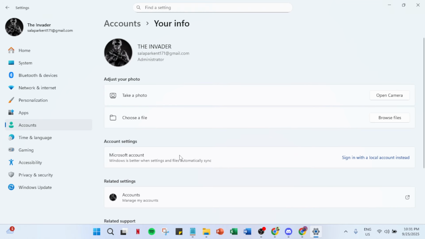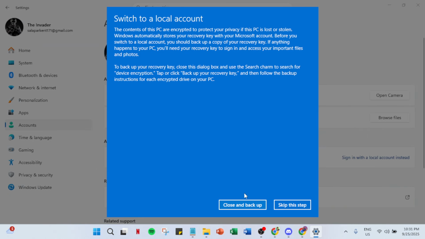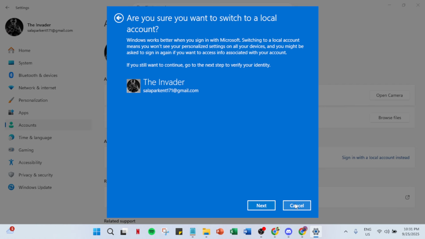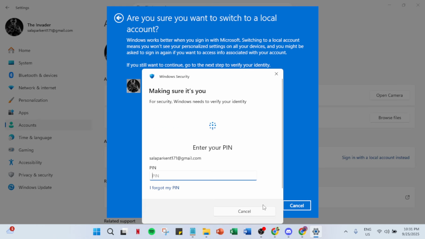Now, the key option you're looking for is located under the Account Settings tab, known as Sign In with a local account instead. Selecting this option will transition your login method from a Microsoft account to a local account for your Windows PC. It is a crucial part of the process, allowing you to configure your login preferences, including the removal of a password. Be aware that by choosing to sign in with a local account, you'll effectively sign out